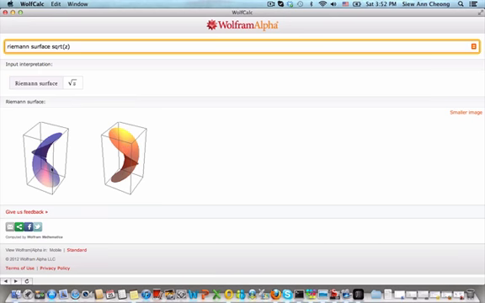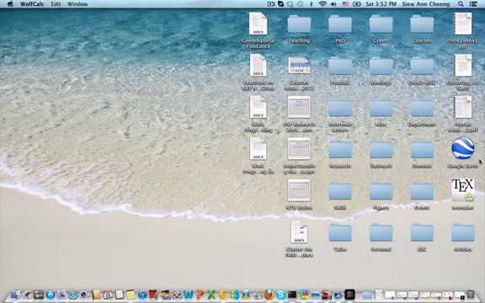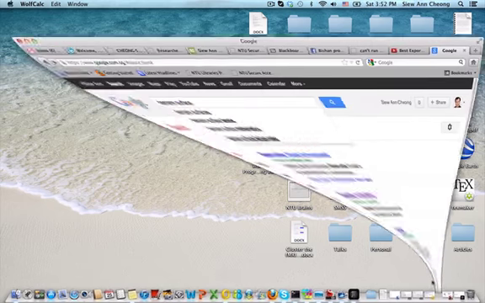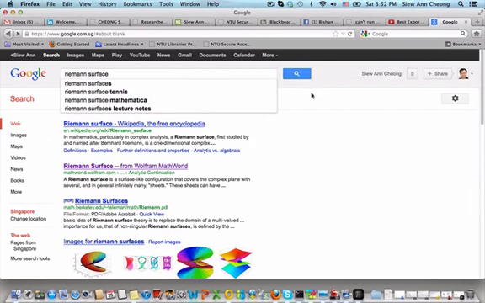So you can see that there are two different parts. They look kind of like each other, although it is not absolutely necessary. Frequently, the real part of the Riemann surface and the imaginary part of the Riemann surface look different from each other. Okay, so these images are kind of small, so let me go to Google and look at other Riemann